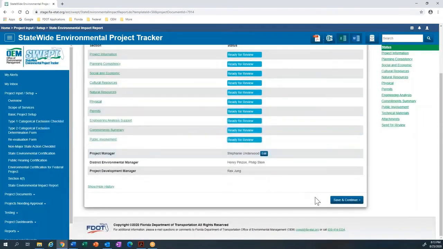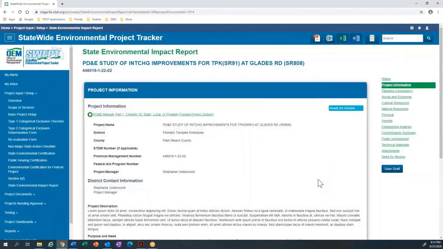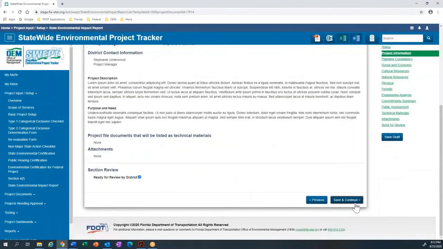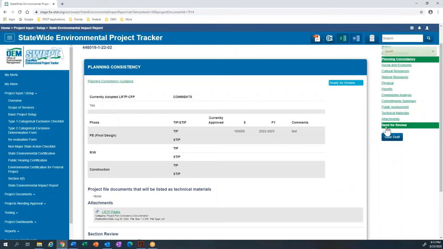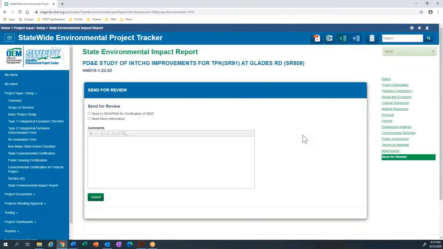She comes to the first page, and she will go through each page to review it. When she's done reviewing, she goes to the last page and recommends it to send to the environmental manager and the project development manager for certification of the SEER. She could actually also send it back to the project editor for more information and to make corrections and put comments here. Once she submits it,